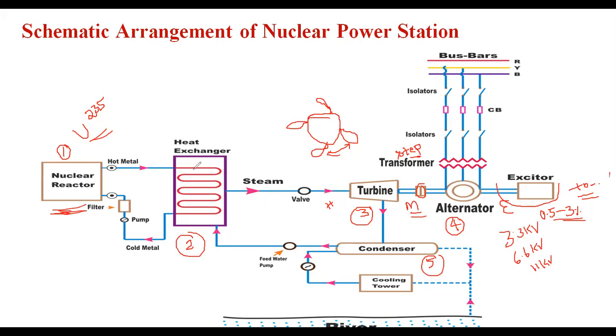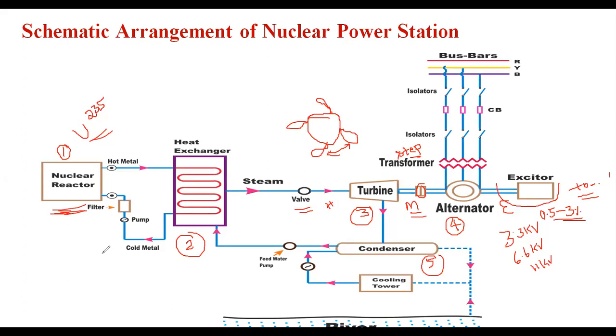Here the hot metal is in the nuclear reactor, and the steam flows inside the pipeline surrounded by water. Here the steam is produced. Again, there are two layers: one is the water chamber, another is the steam chamber. But in the thermal power plant, we need to reheat in the intermediate stages, due to the flue gases, some amount of moisture particles are in the steam. But in the nuclear power plant, there is a separate chamber, that is nothing but dry steam. Directly that steam drives the turbine with the help of valve control. Based upon the demand, we can adjust the valve.